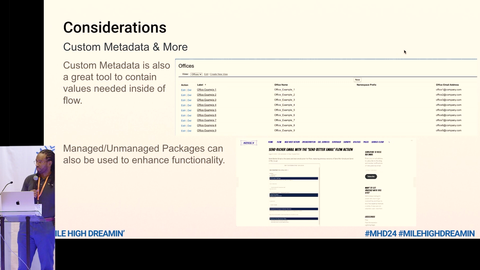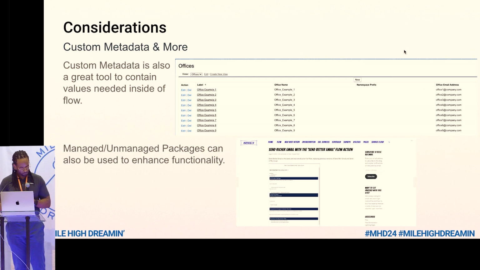Something that you've probably heard a lot today are managed and unmanaged packages. Our users gave us the feedback that they also wanted the ability to attach those attachments that I mentioned earlier. And one way that we're able to do that is by using the Send Better Email package as a part of this flow. In addition, that gave us a little bit more flexibility as well, because another feedback item was that they wanted the ability to contain a table for all of these items, which